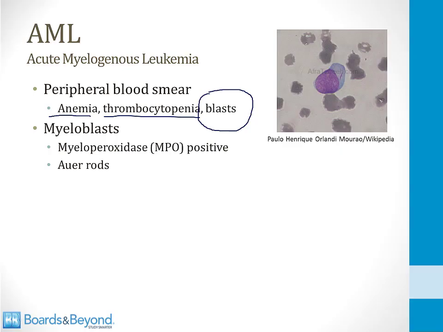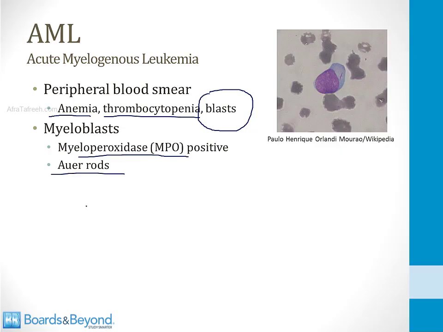Well, first of all, you won't see any of those surface antigens we talked about for lymphoblasts, so you won't see CD10 or CD19 or CD20 in an acute myelogenous leukemia. In addition, myeloblasts have an enzyme called myeloperoxidase, and you can do a stain for this to show that the blasts seen in a leukemia contain myeloperoxidase. And then finally, another finding that's a hallmark of acute myelogenous leukemia is the presence of Auer rods in the